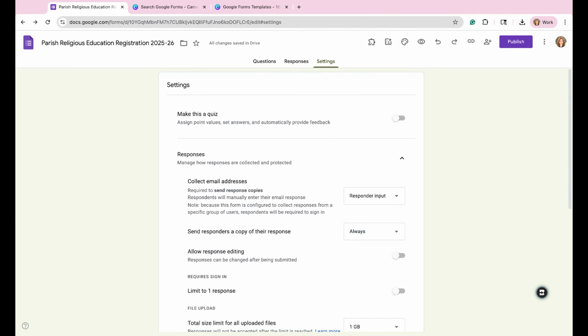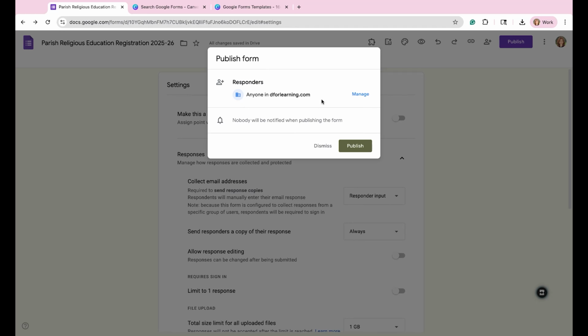Okay. So now let's publish and share this form. In the top right-hand corner, I'm going to go to this purple button that says publish. I'm going to click on that. This has recently moved. It was under settings and now it's under the publish button, but this is how you will manage who can